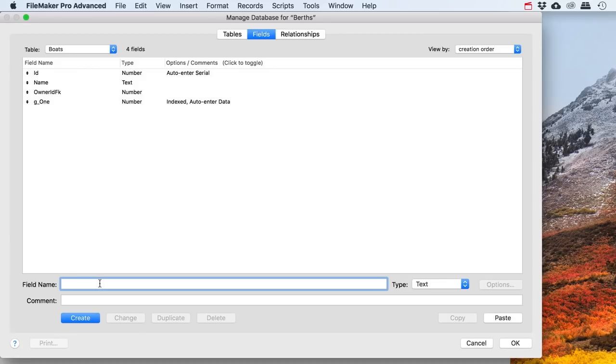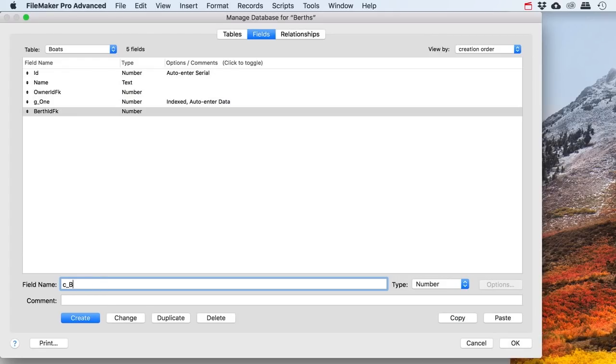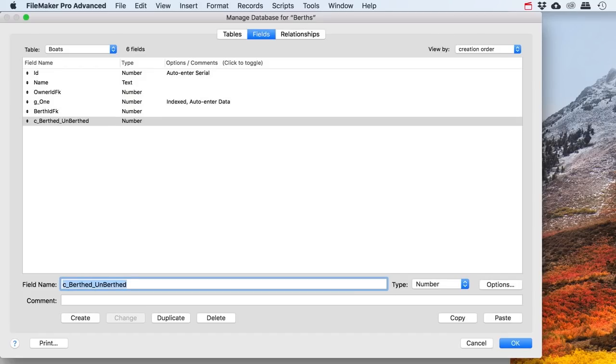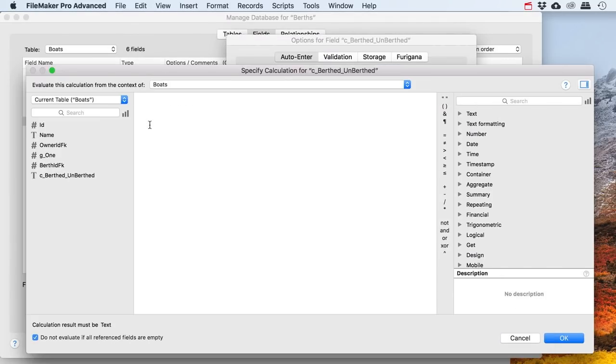Let's say berth ID FK. Let's make that a number, and then let's make a calculation of berth or unberth. I don't even know if that's a word or not, but let's say that that's what we're going to call it. And that's a number right now. I want that to be a text, and let's change it into a text. Let's make a simple calculation, and let's say if